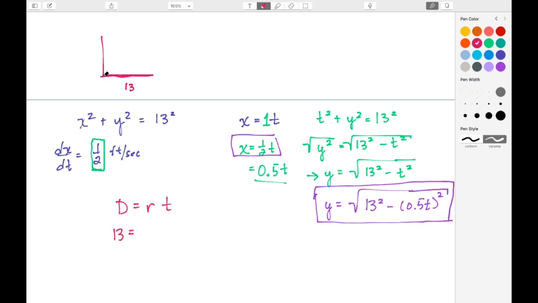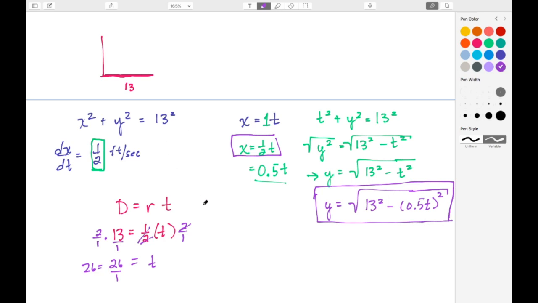We said the rate at which the ladder is moving across, we said here dx dt is 1/2, and we're trying to figure out the time in this particular equation. So we have 13 is equal to 1/2 t. Well, to isolate for t, we're going to multiply both sides by the reciprocal of 1/2, which is going to be 2/1 on the right hand side, and multiply by 2/1 on the left hand side. These here cancel because I have 2 in my denominator, 2 in my numerator, so I end up with just t. This 13 is understood to be over 1, so I have 2 times 13 to give me 26, which is over 1, which is still just 26.